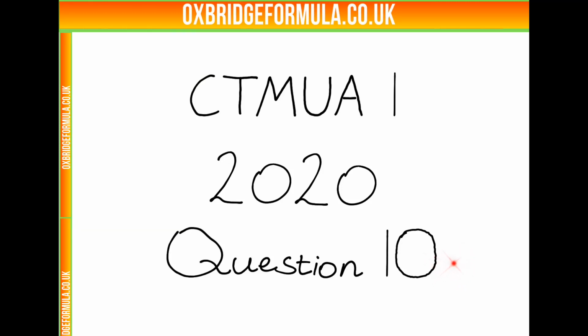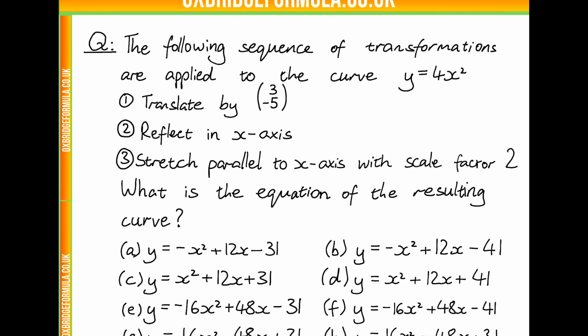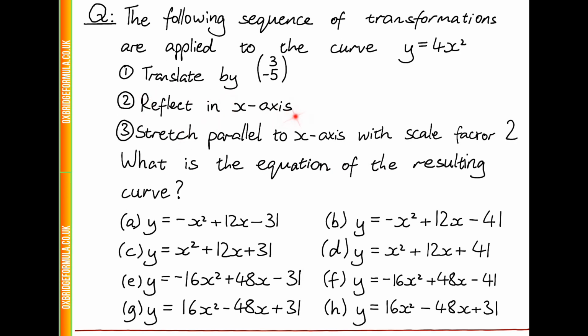Welcome to question 10 from the 2020 TMUA, paper 1. The question tells us that the following sequence of transformations are applied to the curve y equals 4x squared. Firstly it is translated by the vector (3, -5), then it is reflected in the x-axis, and lastly it is stretched parallel to the x-axis with scale factor 2. We are asked to find the equation of the resulting curve after these three transformations, and there is a list